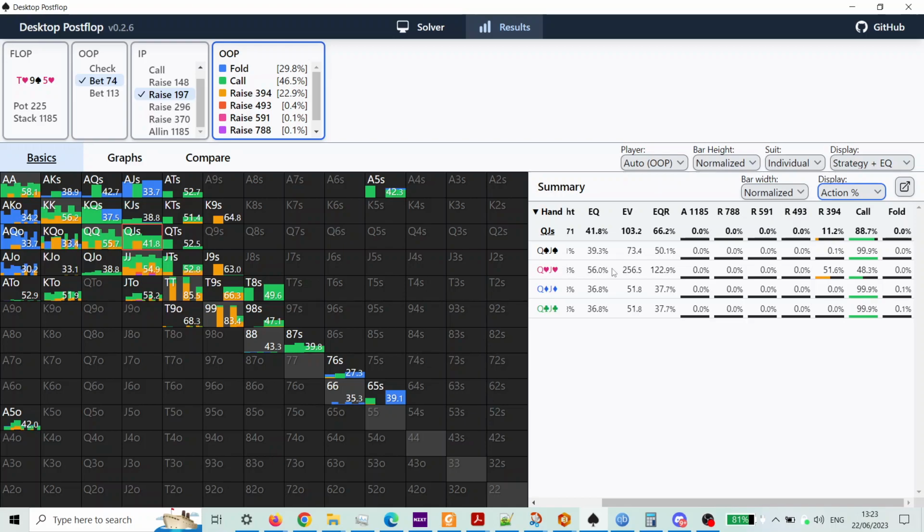And we can see that mathematically in his equity percentage. So he has 56% equity with his combo draw. Significantly more than he does with his open-ended straight draw. So